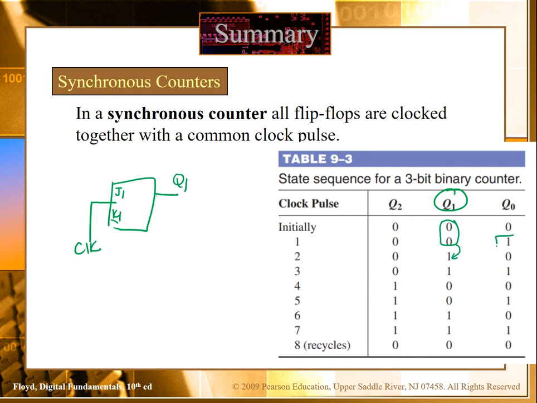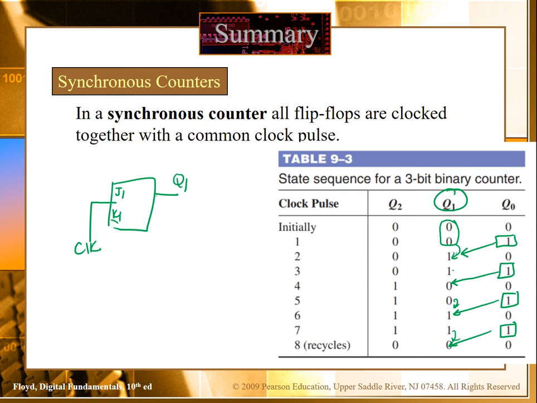when your Q0 is 1. It's changing its state in the next cycle when Q0 is 1. Then again, when Q0 is 1, it's changing its state from 1 to 0 in the next cycle. Again, when Q0 is 1, it's changing its state from 0 to 1 in the next cycle. Again, when Q0 is 1, it's changing its state from 1 to 0. So basically what is happening?